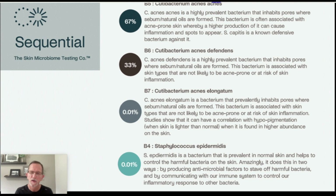But also, like in the gut microbiome, if you have some of those commensal bacteria, some of them can be more pathogenic and cause problems in higher amounts. Well, if essentially 100% of your skin is contained with C. acnes, you're probably going to have some issues there. I want to highlight Staphylococcus epidermidis,